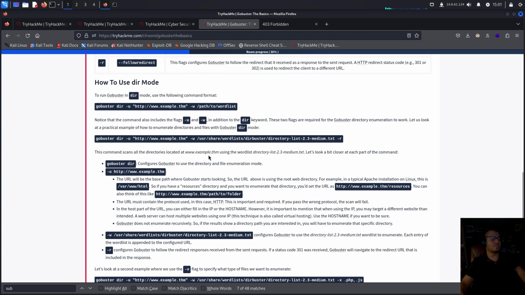Gobuster dir. Then you specify the URL, the base where Gobuster starts looking. So the URL above is just in the root web directory. For example, in a typical Apache installation on Linux, this is /var/www. So if you have a resources directory and you want to enumerate that directory, you set the URL at